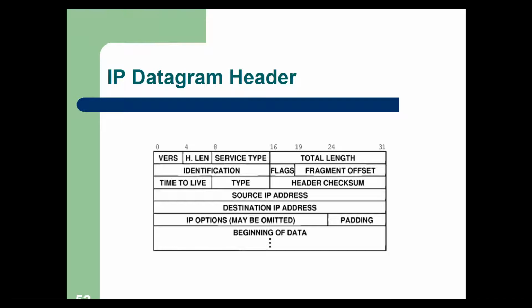Okay, then we have the type field, which indicates which transport layer protocol the datagram is passed to. Is it UDP or TCP? Then we have a 16-bit checksum, which is used to verify our header and data, and it is recomputed as